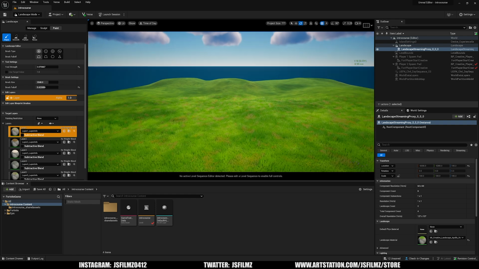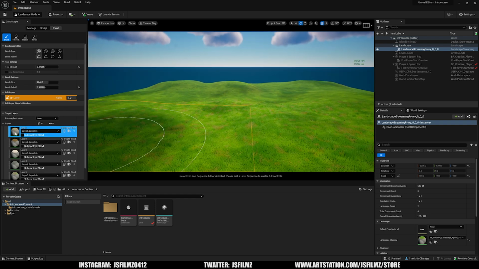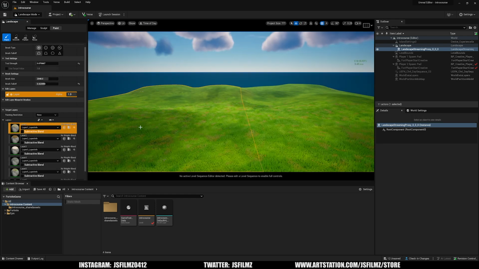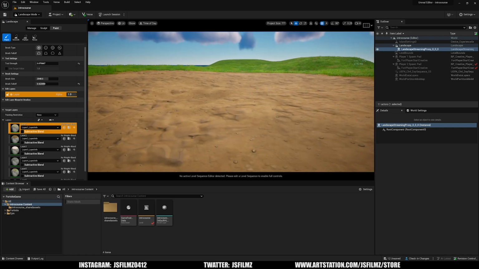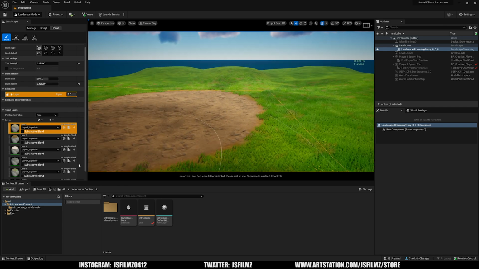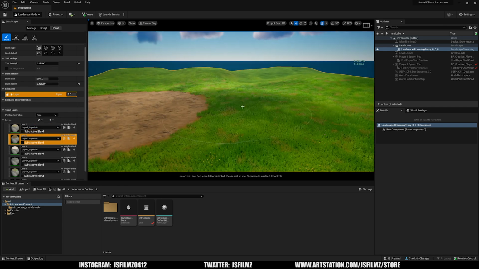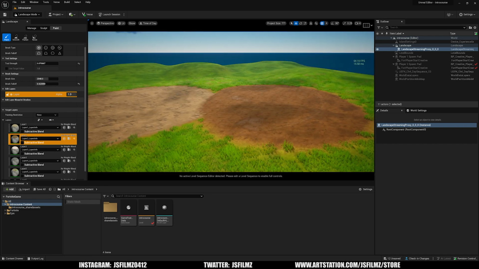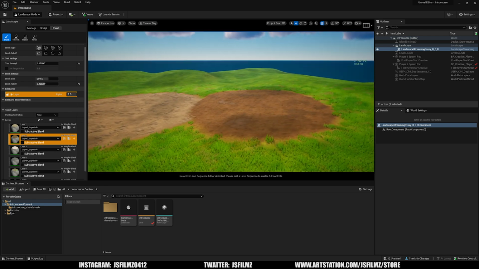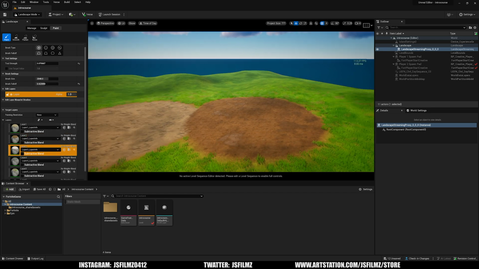Now, if we move on to the paint tool, again, this is already set up beautifully with the landscape material that they have. We have layer 1 selected, and if I start painting hard, you're going to see that this is actually some rock textures, which is pretty cool. If I go to layer 2, that includes a different type of texture. This is more like your arid, desert kind of look, right? And then layer 3,